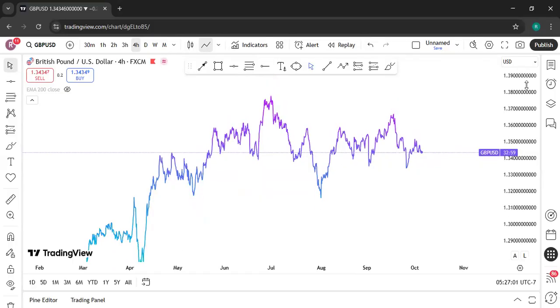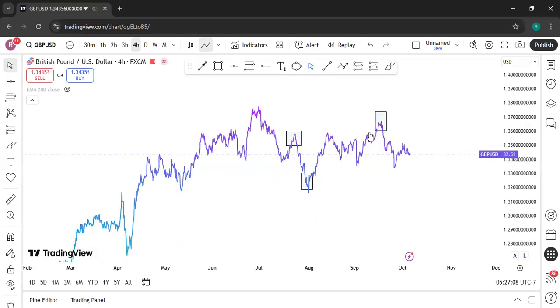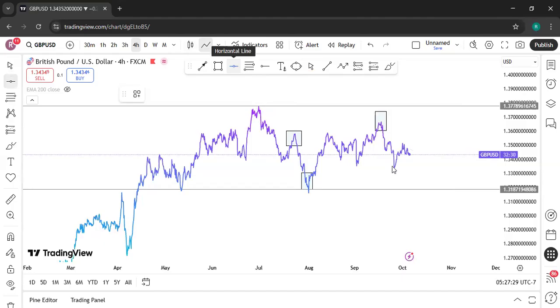So how do we spot key levels? Remember I said, just look out for the most obvious points of reversal. Look at, this is an obvious point of reversal. This is another obvious point of reversal. All I need to do now is use the horizontal line to mark out these levels. This will serve as a guide so that whenever I see price tap into levels that I have marked, then I should be looking to make a trading decision either to buy or